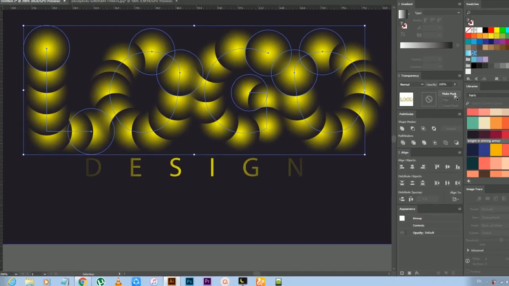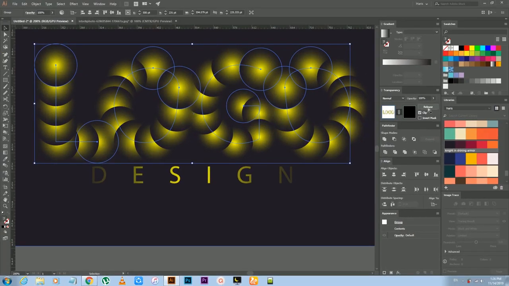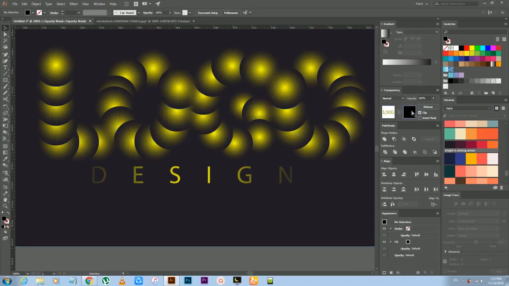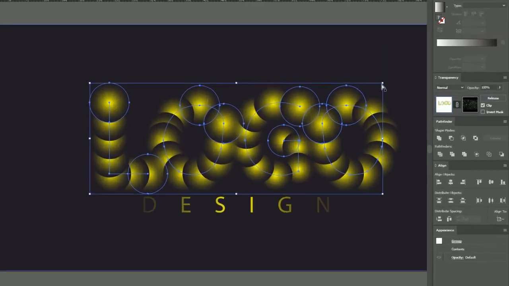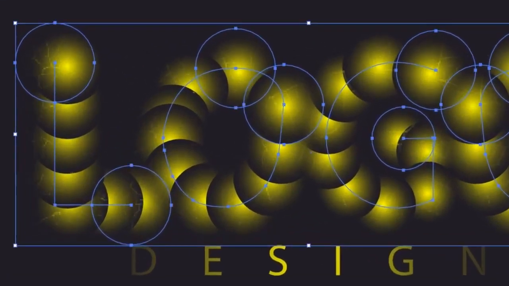And now select the texture image and press Ctrl X to cut the image and select this dark transform area here and press Ctrl V to paste it. And zoom in a little bit so you can see the texture. And now our logo is ready.